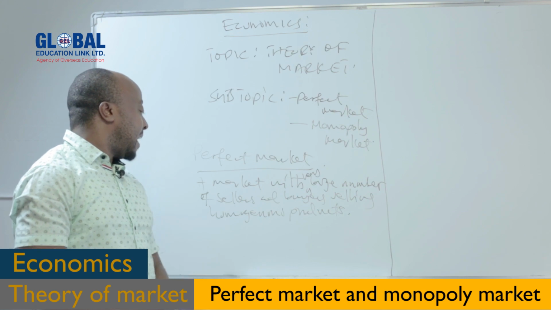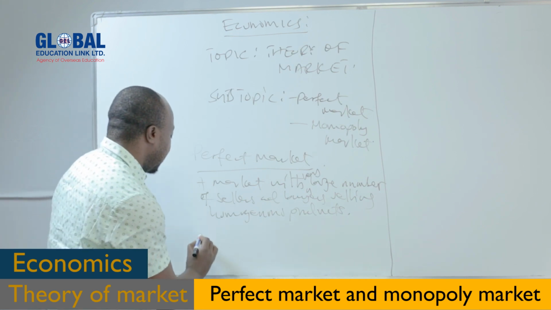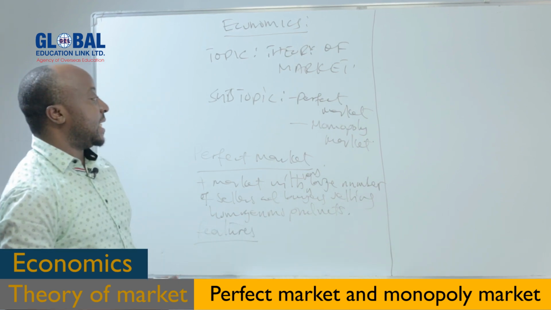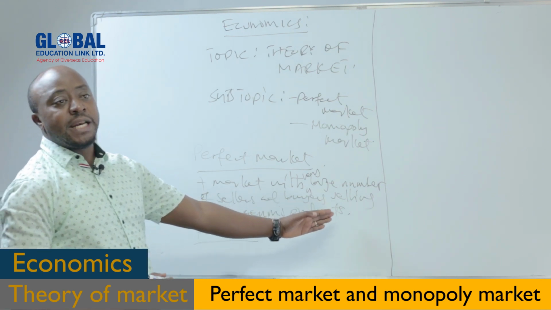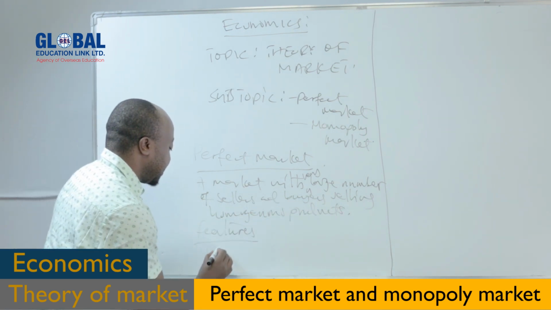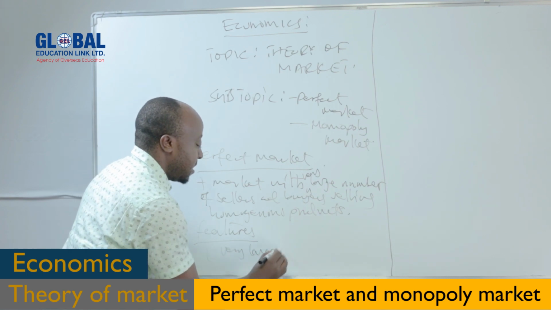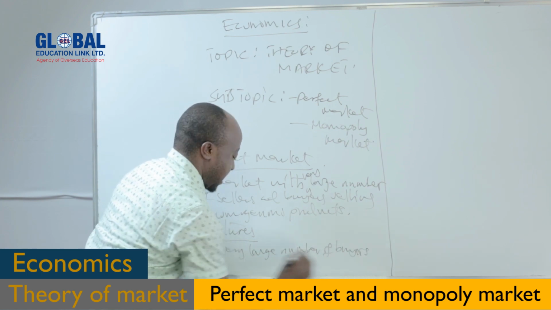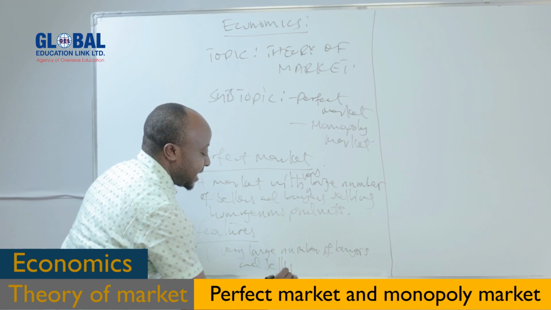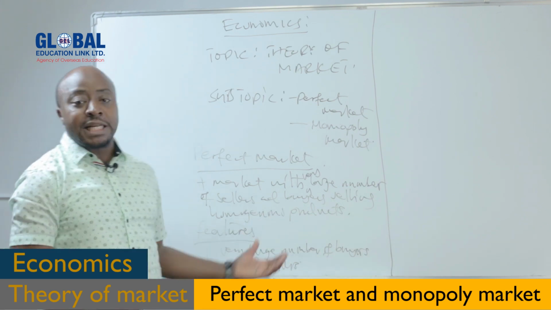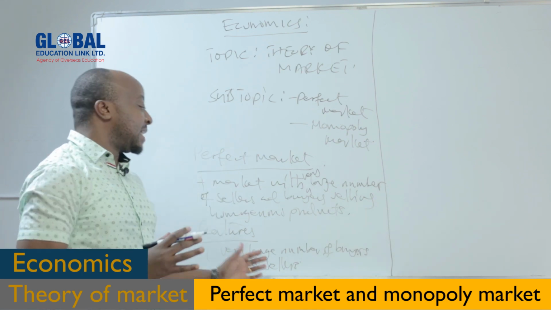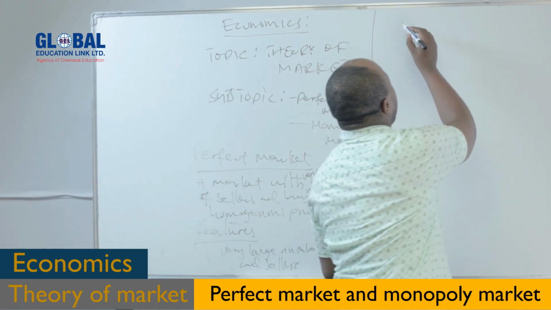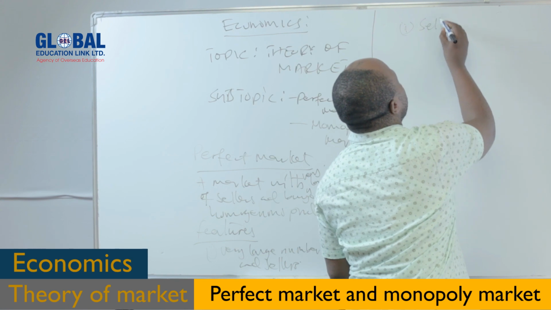This is a perfect market. But also we can check some few features of this market. Now the first feature, we have it from the definition. The first feature, we say there is a very large number of buyers and sellers. That is the first one. So it is the market structure where you can find a very large number of buyers and sellers. And as we said, the second characteristic, these people sell